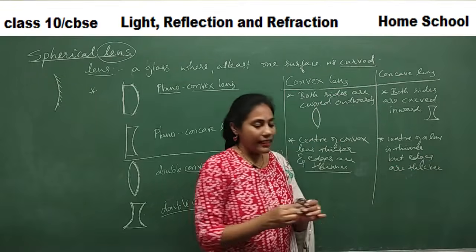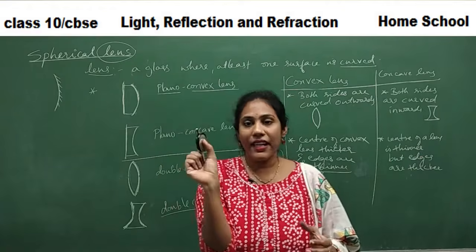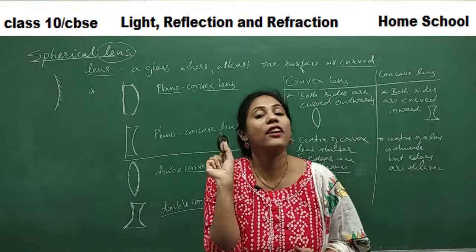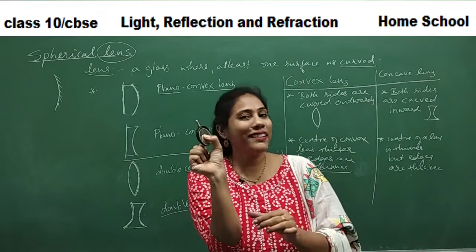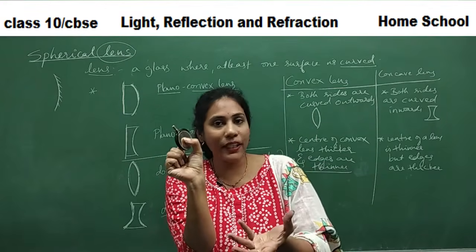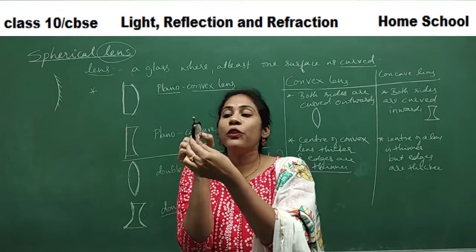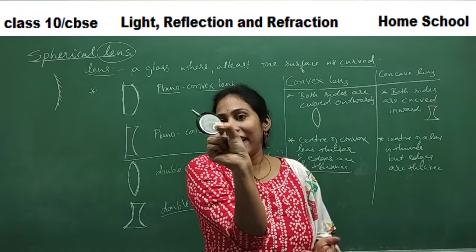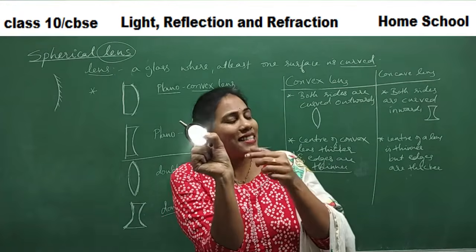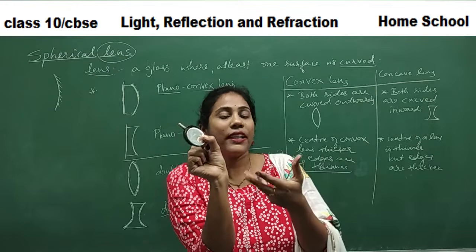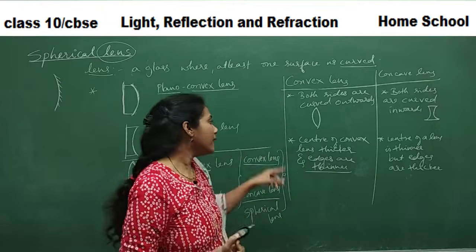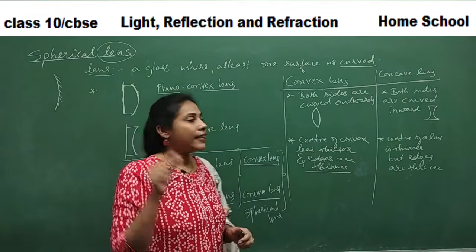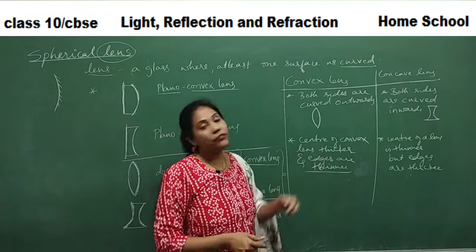Clear? Say if it is a concave lens, this is not a concave lens, it's actually a convex lens. And if I touch at the center, you feel the center is very, very thin. Very narrow. But when you keep the fingers at the edges, you feel that the glass is a little thick at the edge. So this is what we mean by this particular point. So try to understand this point of difference.